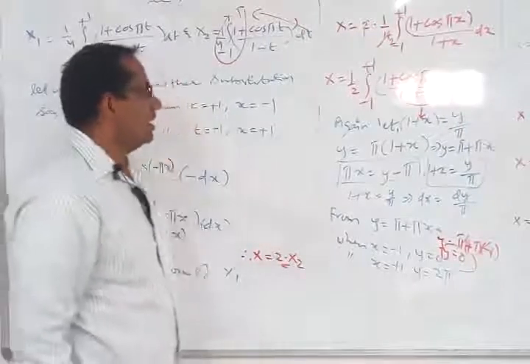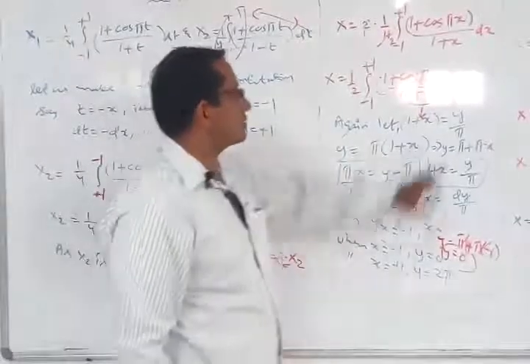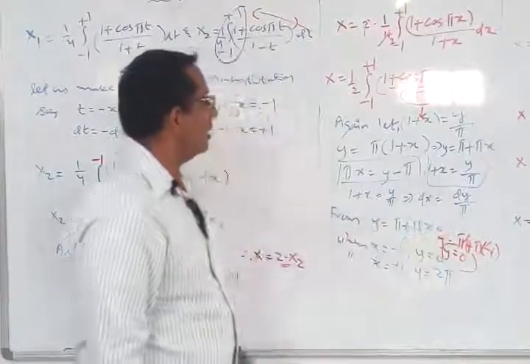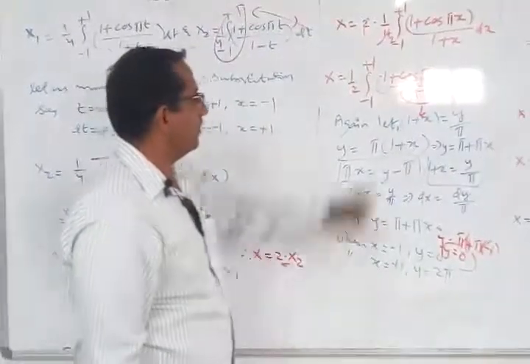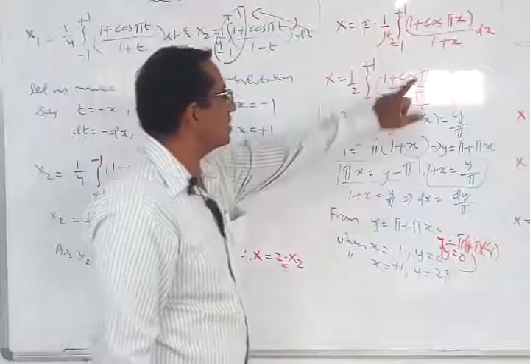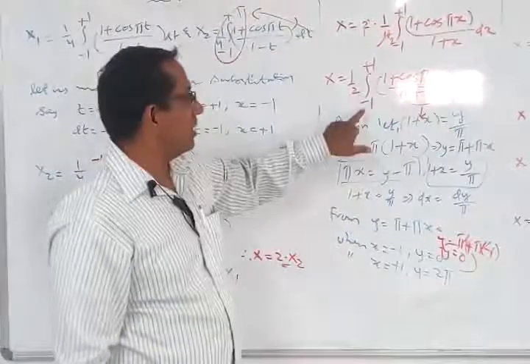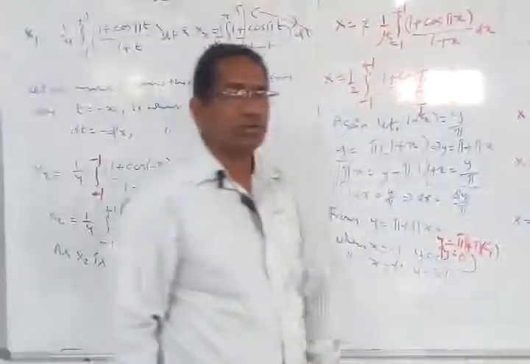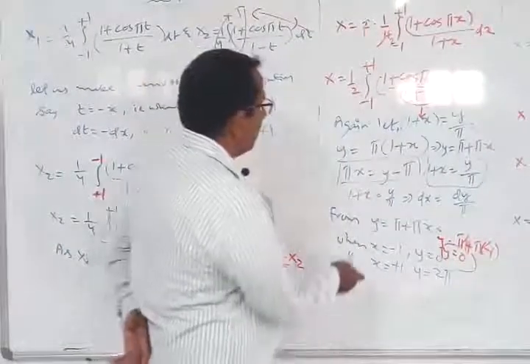Now when you change this x into the y variable, you should substitute for dx. What have I got for dx? dx I have got as dy by pi. What do I have for 1 plus x? 1 plus x I can substitute by y by pi. Now what is pi x? Pi x is equal to y minus pi. I will substitute that. And what about the limits now? These limits are for x, since we are integrating with respect to x. Now we have converted them to limits for y. Therefore, what do we do now? We have to substitute for y.